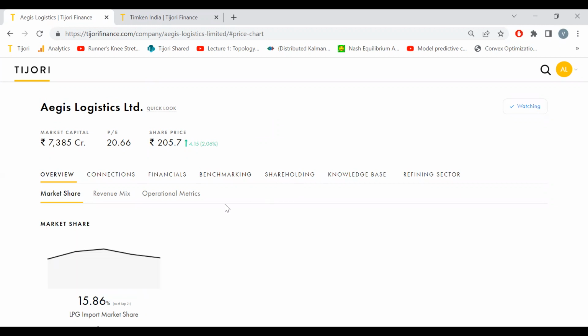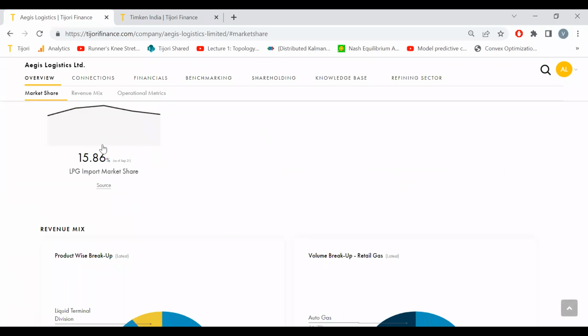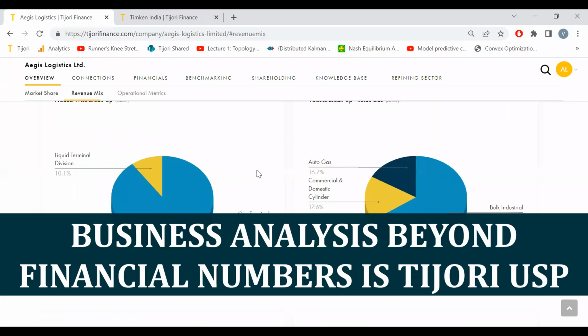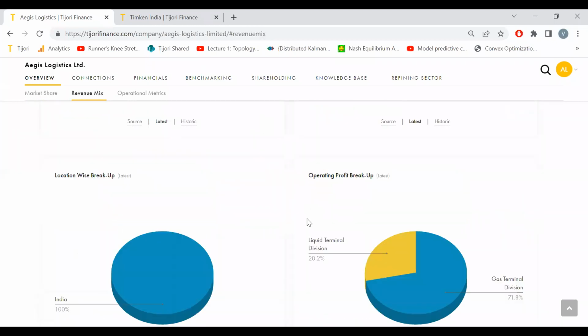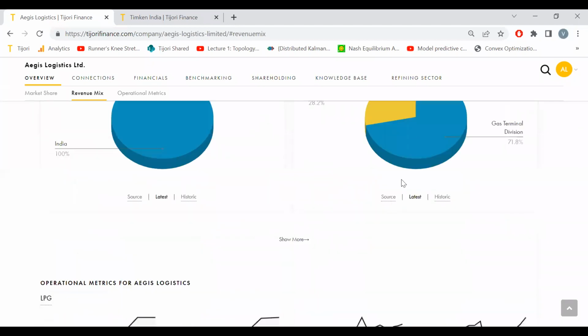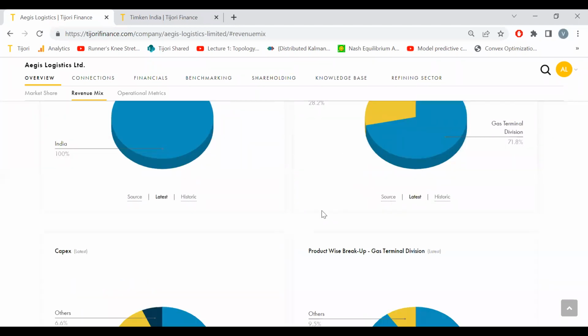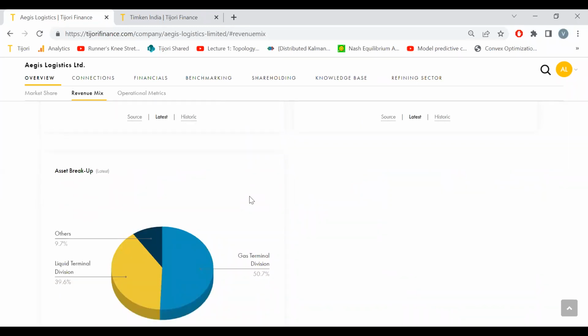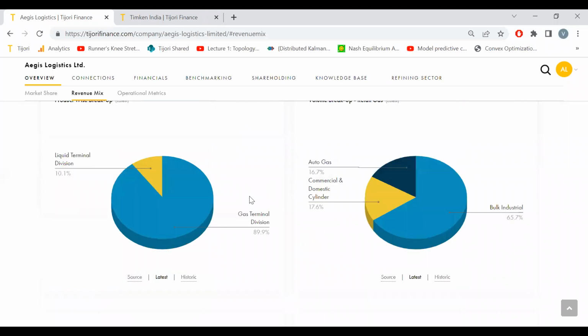So what that means is, for example, we want this company's market share in a product which is important to it, which happens to be here LPG import. We also get its product wise breakup, vertical wise breakup, volume wise breakup, location wise, operating profit wise breakup, capex wise breakup. By segment you can get, on whatever dimensions you want, you can break it up.